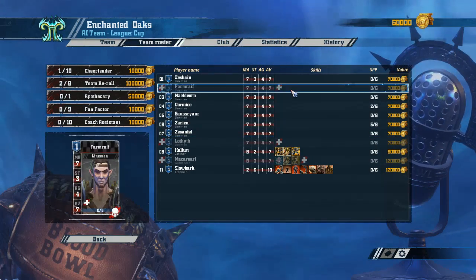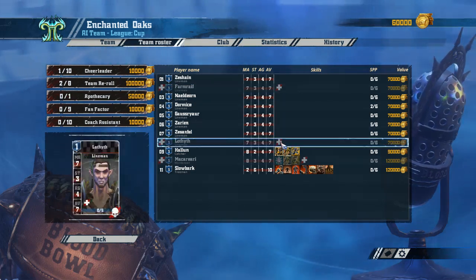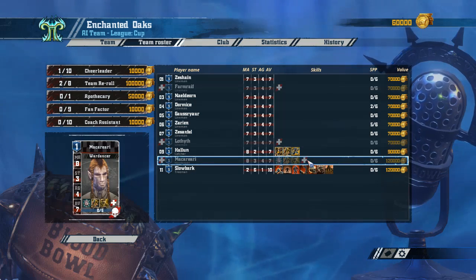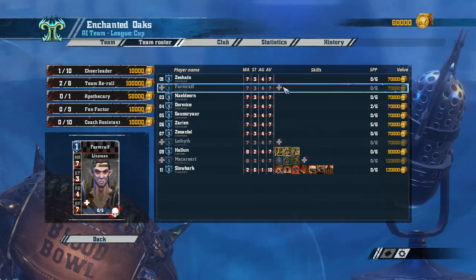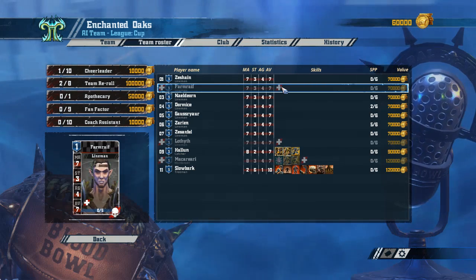But why would you need that indicator when you have the grayed out and the plus symbol? The plus symbol could just mean that they have a lasting injury, like this guy will have in a couple of games. I think that skull should be something else. Perhaps like the knocked out icon, the stars, something like that. I'm not sure, but